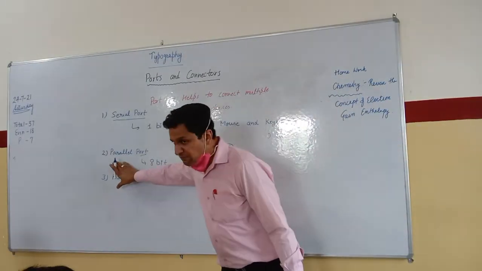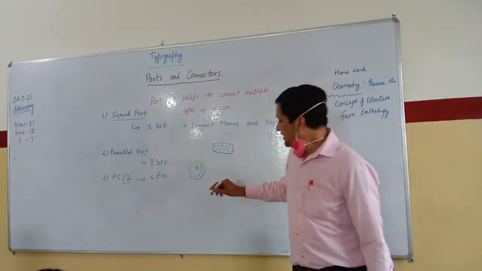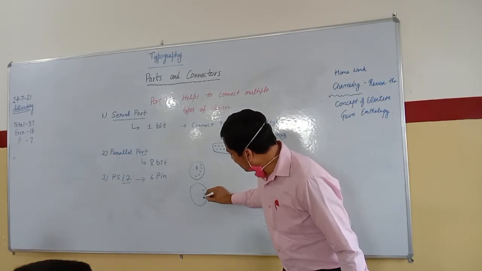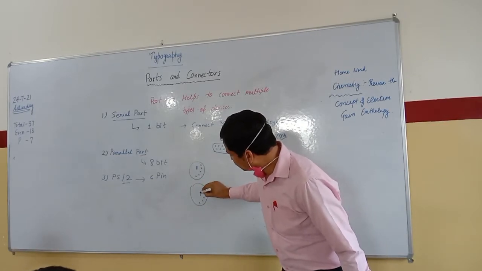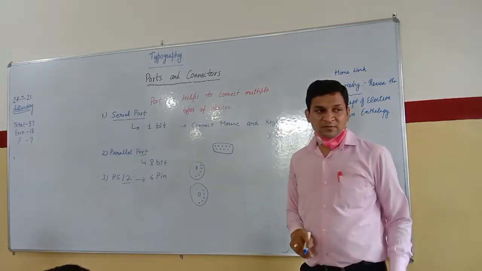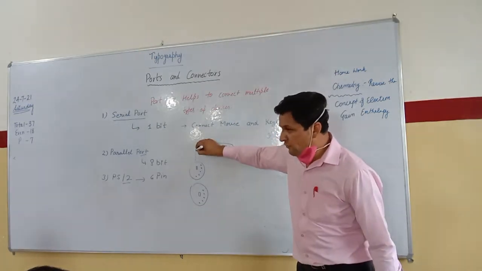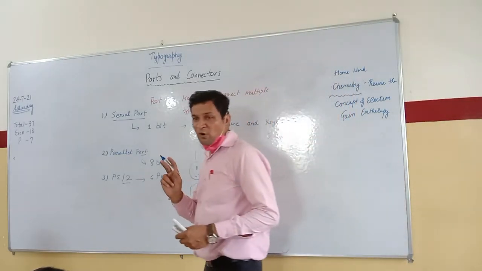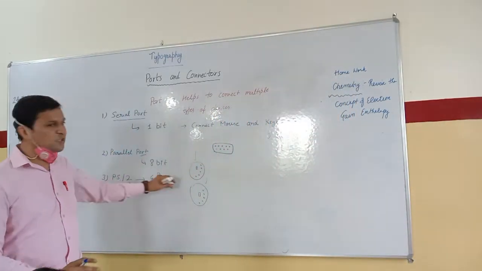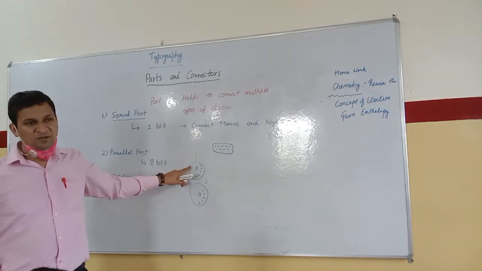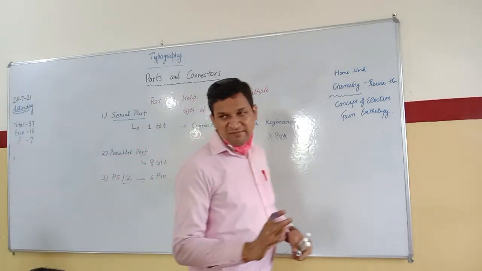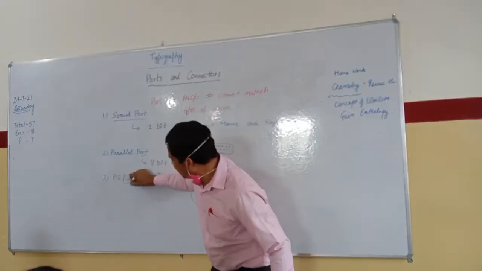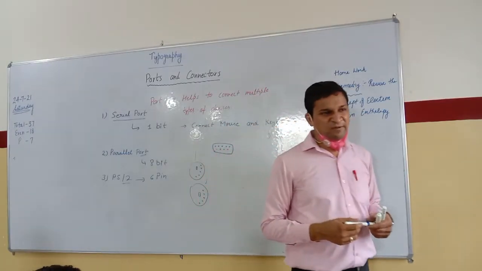In each computer, if it is present, there will be two similar ports. Never a single port, it will be two. Why two? One is occupied for the mouse and one for the keyboard. That's why there will always be two ports if it is present in your CPU. Either nothing will be there, otherwise two. That's why it is written PS2, a combination of two always present.